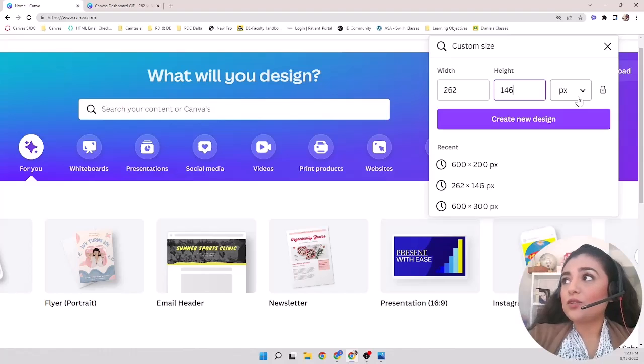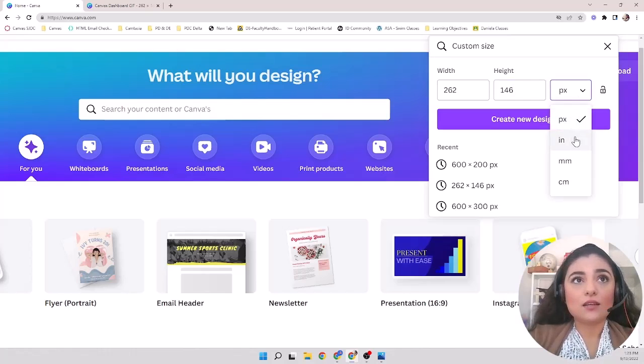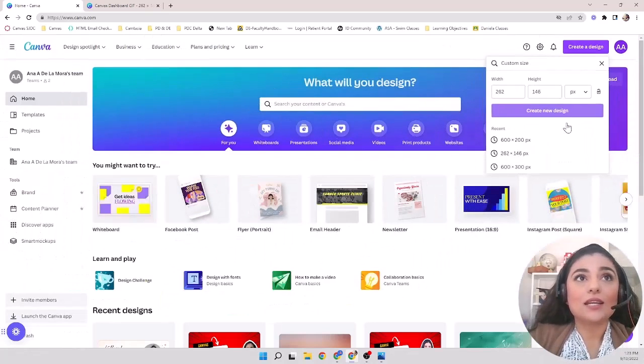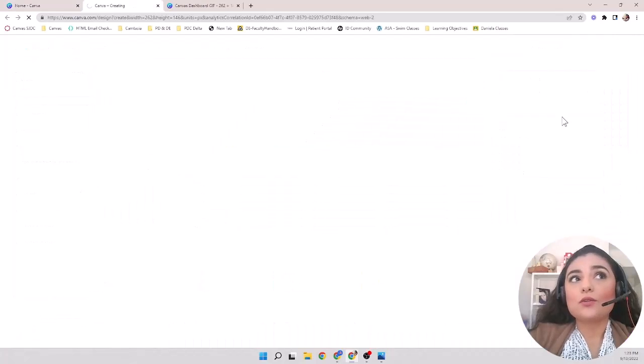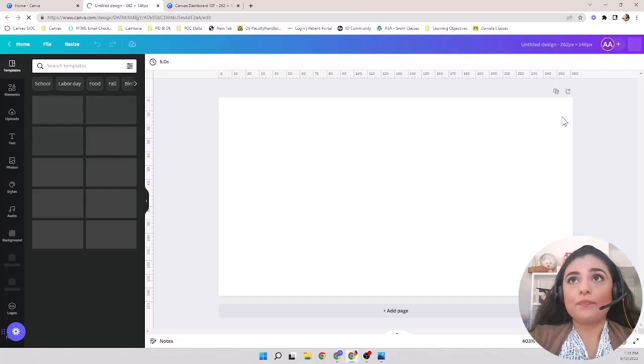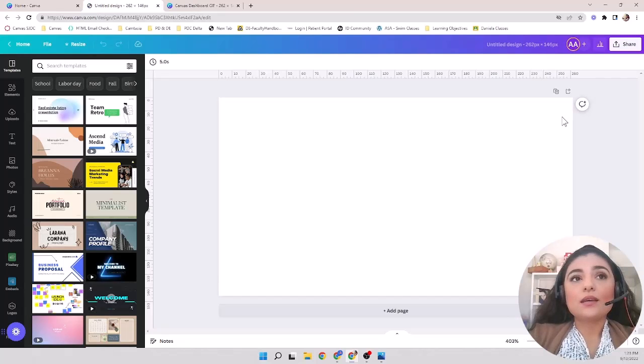You want to make sure that px is highlighted, not inches, millimeters, centimeters. You'll need pixels. Then select Create a Design. When you click Create New Design, a new window opens up. Sometimes it takes a moment to load the new page, but once it does load, you'll notice on the left